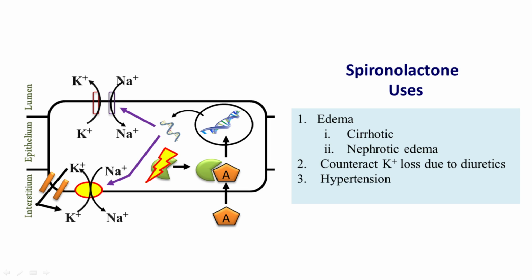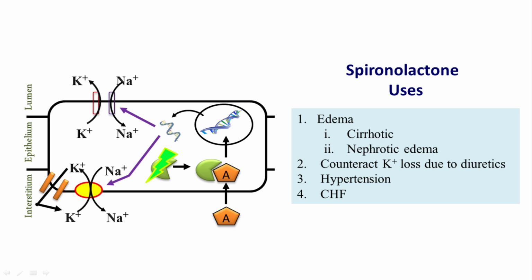Spironolactone has been tried in hypertension. It can be used to augment a thiazide in treatment of resistant hypertension. Plus, benefit is it is potassium sparing, so hypokalemia will not happen. So that's why it's a good drug to give. It can also be given in congestive heart failure. It's an additional drug that can be given. Okay, and of course, in aldosterone excess, like primary hyperaldosteronism, we can definitely give spironolactone. I hope everything till now is very simple and very clear.